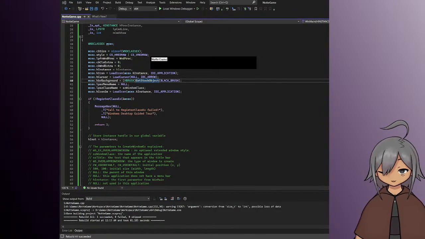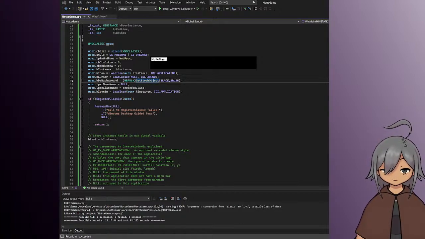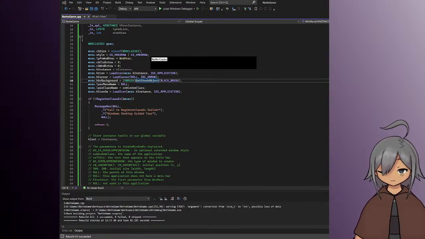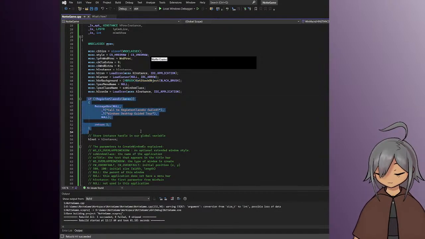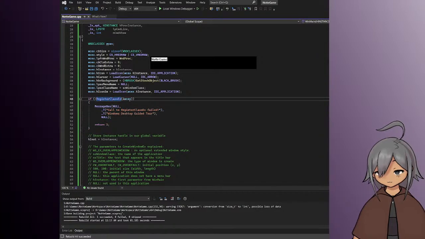Use the RegisterClassEx function and pass the window class structure as an argument. The _T macro is used because we use the TCHAR type. And I believe we should have this already in here. So we register this class, and we pass it through as the argument, and we return a 1 if the message box,